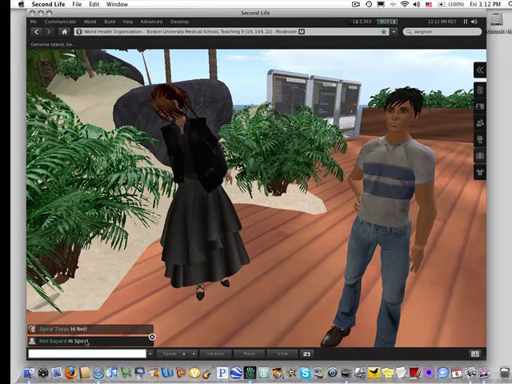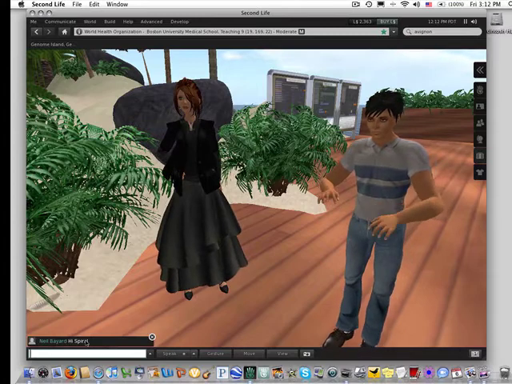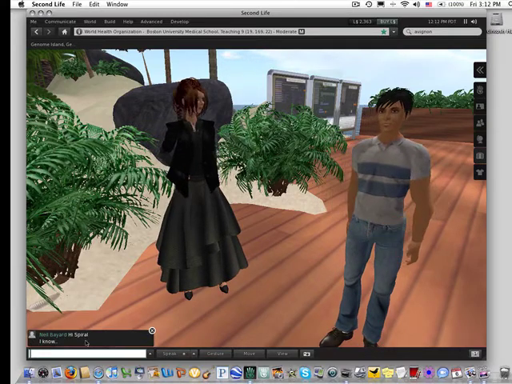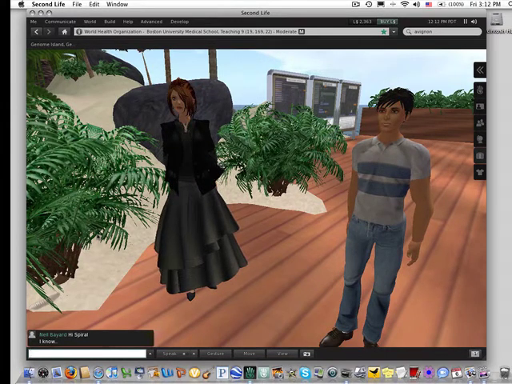Now you may notice that when Neil types, his avatar looks like he's typing. That's because he's got a typing animation in his avatar that comes standard issue when you enter Second Life. I've turned that typing animation off in Spiral, but you can leave it on. It's kind of nice actually, because then everybody knows when you're about to send a message, because your avatar will